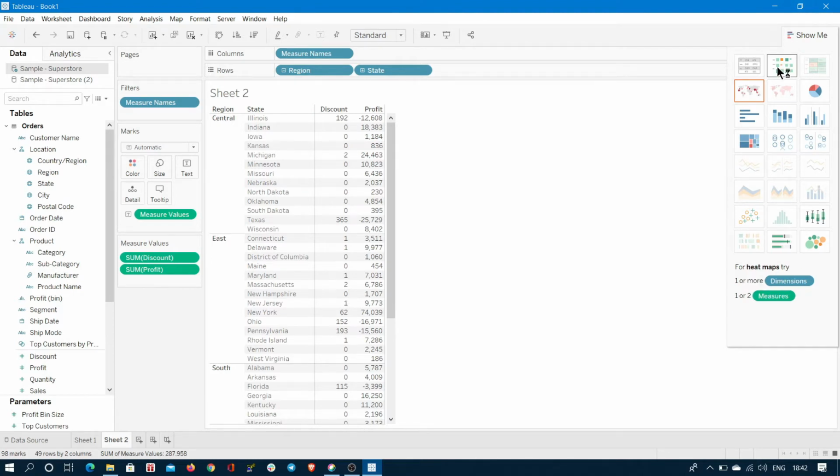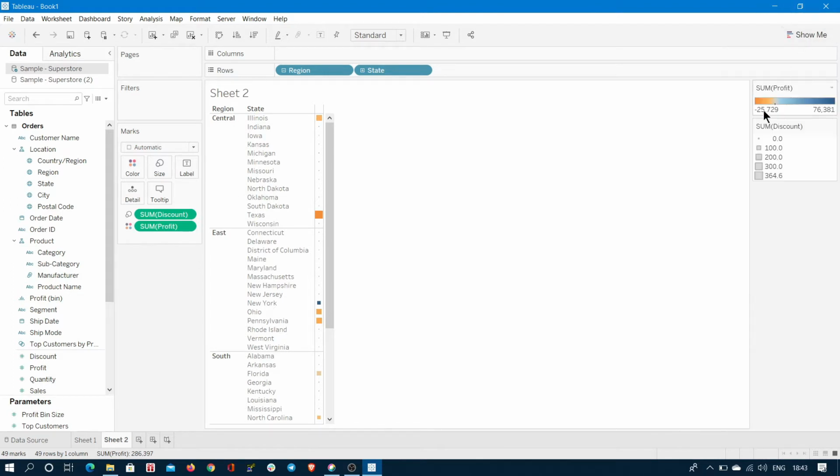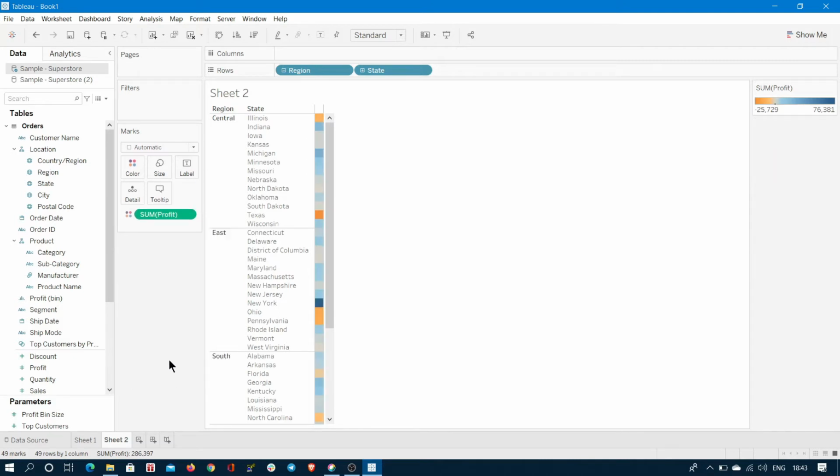So click on this heat map. If you observe here, some representation appears. If you uncheck this one, you will get the information on what it's showing. It's showing the heat map, this color representation, based on the sum of profit. But do one thing, remove this discount, because it's not very accurate for representation.